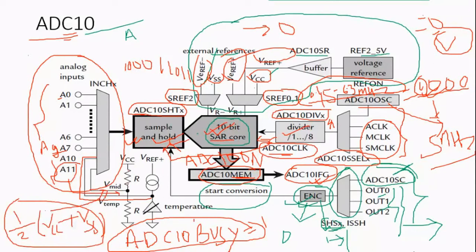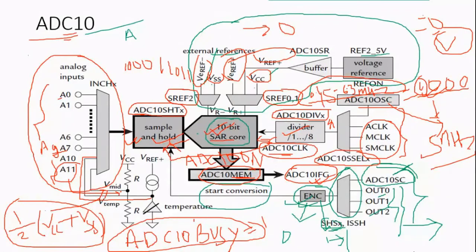So why will these circuits be used? This temperature sensor will be used for controlling the temperatures. VMID is used to monitor the supply voltage. Since the supply voltage should not go below a certain value, you have to monitor it. For monitoring the value, we are using A10 and A11. So in this way, you know all the terminologies.